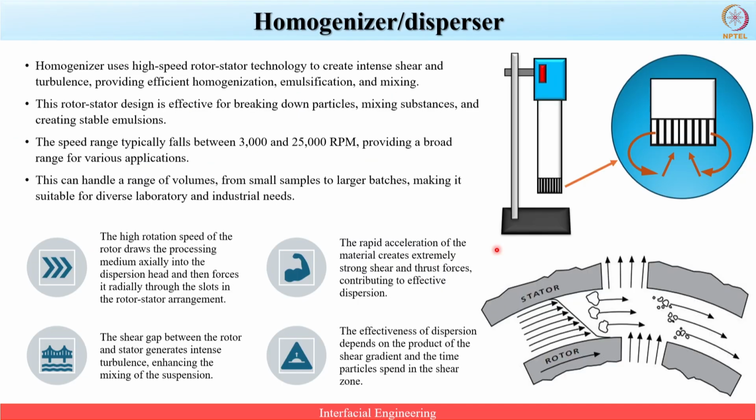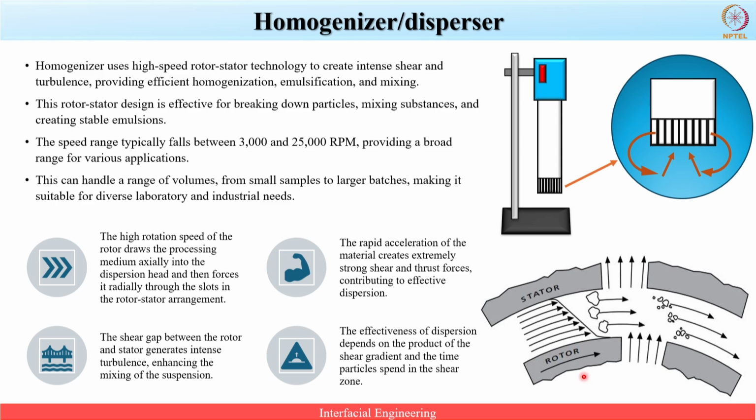Now, next we move to the other device, that is the homogenizer. The homogenizer is a device primarily used to achieve uniform mixing and emulsification in liquid samples. Its design and operational principles make it highly effective in various industrial and laboratory applications, especially when dealing with large sample sizes. Unlike the probe type sonicator, the homogenizer operates based on a rotor stator assembly, which plays a crucial role in its functionality. If we talk about how it actually works, it consists of basically a stator and a rotor.